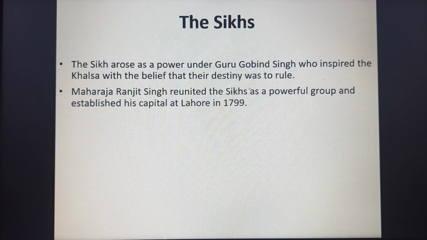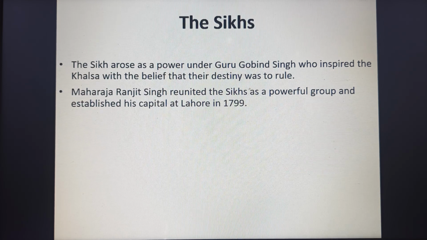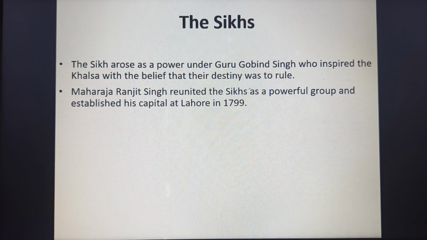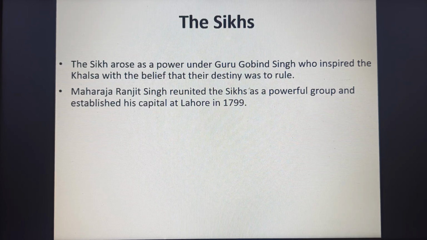They were not under the Mughal rule. The Sikhs arose as a power under Guru Gobind Singh Ji, who inspired the Khalsa with a belief that their destiny was to rule. Guru Gobind Singh was the 10th Guru of the Sikh community, and most of the people were from the lower community, as considered at that time. Guru Gobind Singh told them that it is not the matter whether you are from a higher or a lower community. It is only that if power is within you, you can change the world. So he made the Khalsa, and he made some people come with him who would fight in the time of